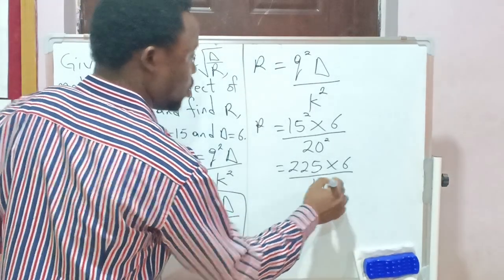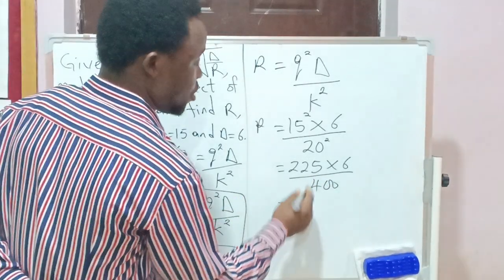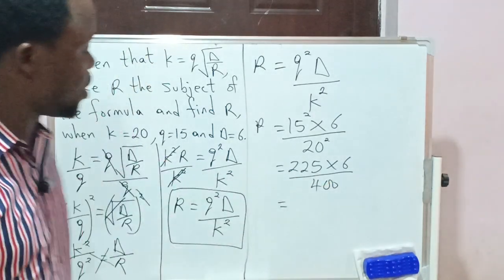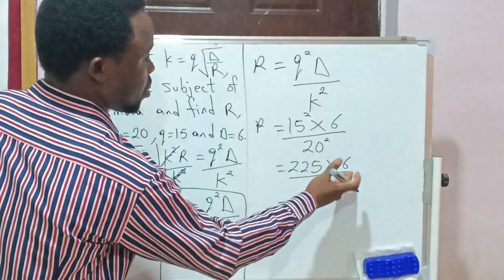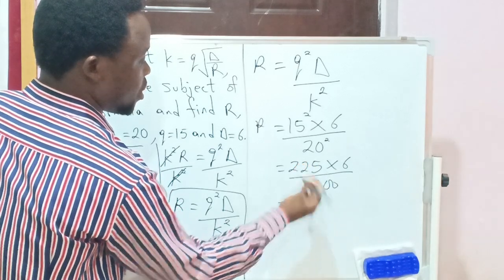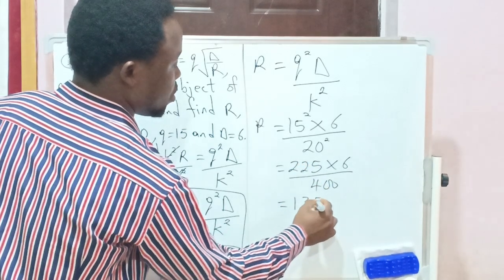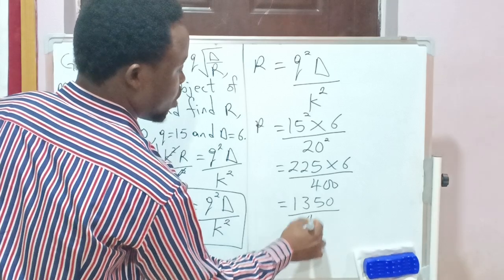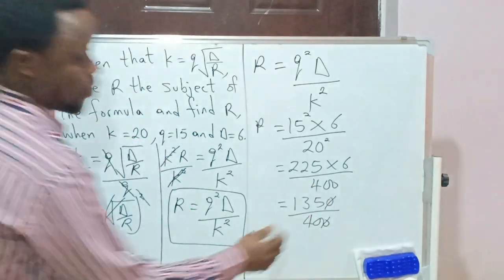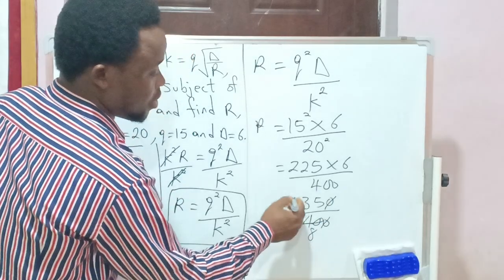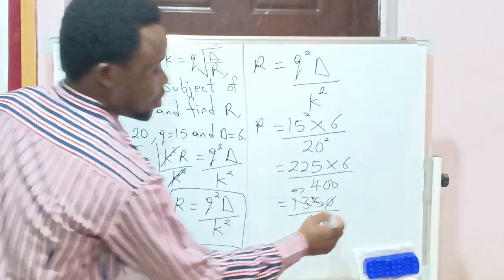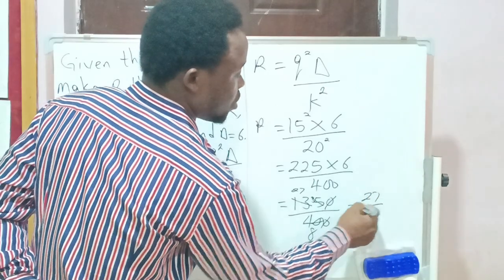That is 400. So from here, 225 times 6, that should give us 1350, divided by 400. Zero cancels zero. And 5 here is 8, 5 here is 2. Remember 3 here is 7. So I have 27 all over